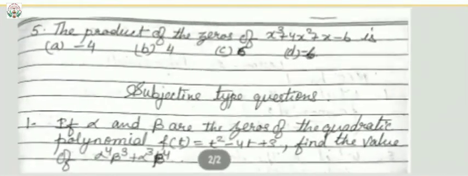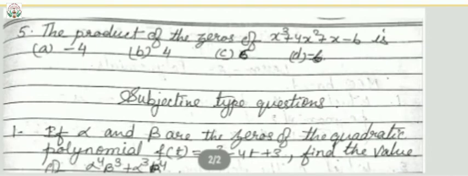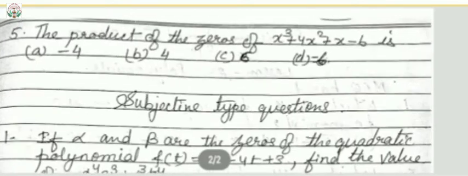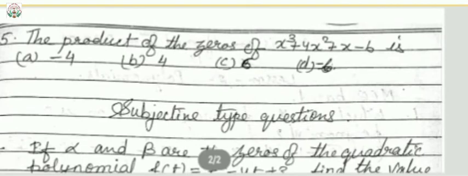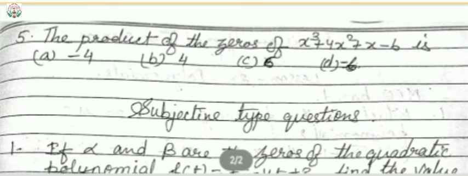So fifth question is: the product of the zeros of x cube plus 4x square plus x minus 6 is. So seeing this, the product of the zeros is asked. That means this is a cubic polynomial, you can see. So here the three zeros will be there, alpha, beta and gamma are the three zeros of the polynomial. So know that the product of the zeros will be alpha into beta into gamma equals to minus d upon